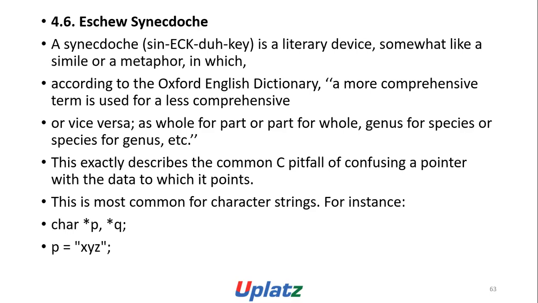Synecdoche is a literary device somewhat like a simile or a metaphor, in which, according to the Oxford English Dictionary, a more comprehensive term is used for a less comprehensive, or vice versa, as the whole for part or part for whole, genus for species or species for genus, etc. This exactly describes the common C pitfall of confusing a pointer with the data to which it points. This is most common for character strings. For example, char *p, *q; p = "xyz";